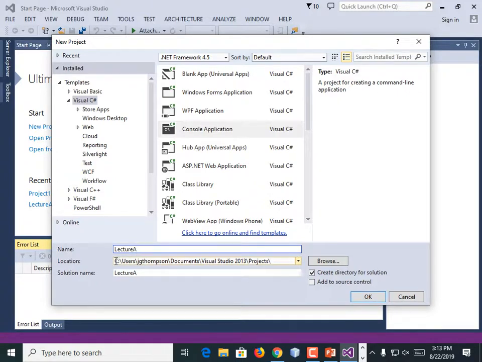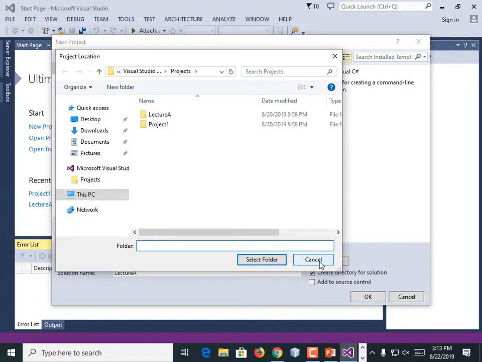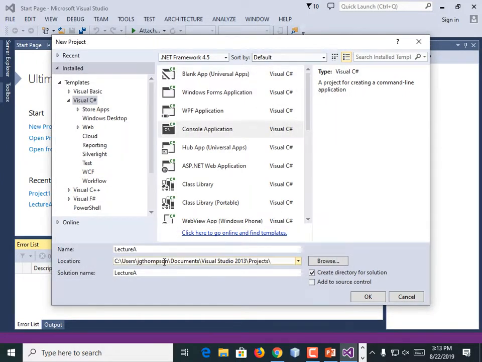You might take note of where it's about to be stored. By default, every semester when I come in, it's trying to create my projects in a location down in the admin directory, which of course fails. So I then have to browse and pick somewhere else. You can let it default to wherever you want, right? You just have to take note of it, because when you go to find your source code to upload it, you're going to want to go there.